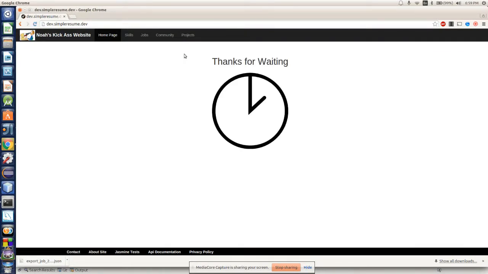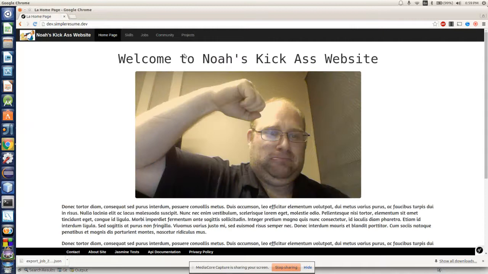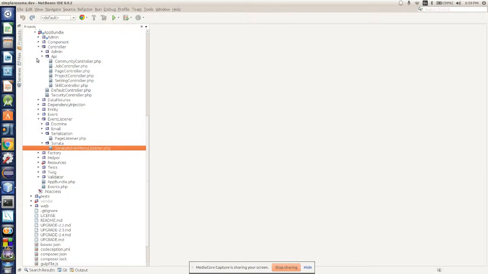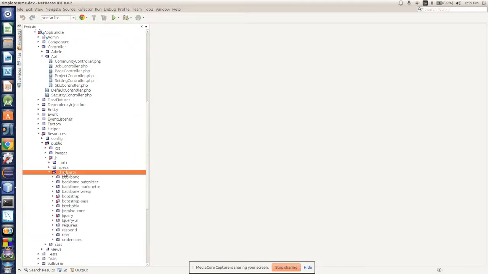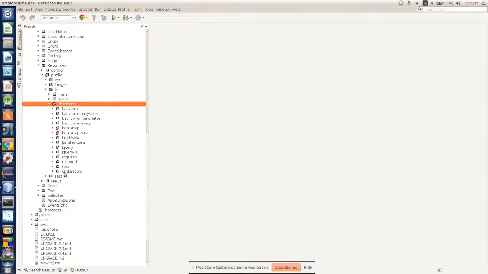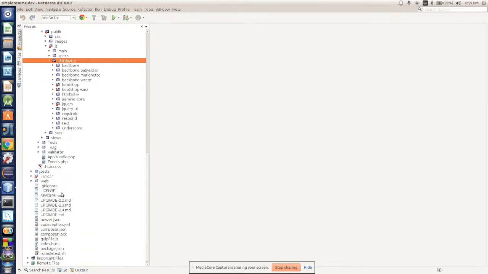So now we're into the Marionette part. The way I like to write Marionette is to start with the models and the collections and write some tests for them just to make sure they work. This Marionette application basically puts all of the JavaScript into the JS folder, and we use Bower, which is like a package manager for JavaScript, and we tell Bower in the